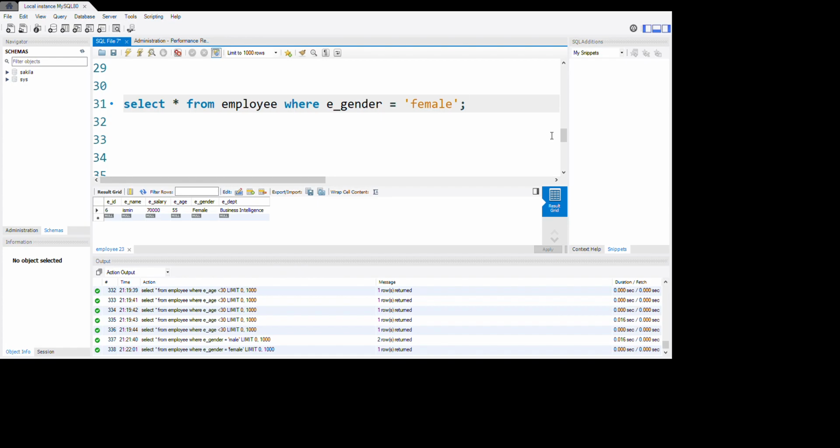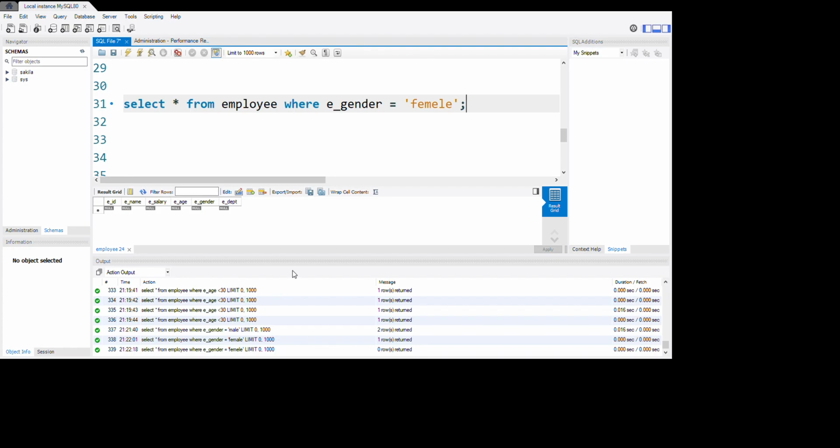And I also write another one like this. How to find? Let's run it. So we don't have any, right? So in this way, guys, that's how to find. Okay, we are going to change gender to something else. Select star again from employee, where